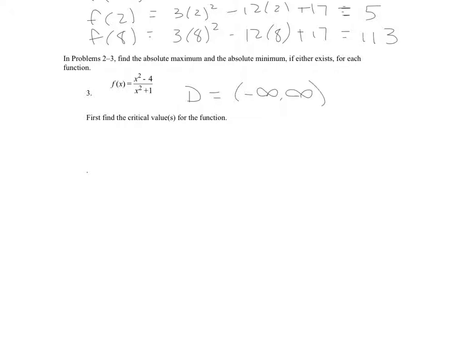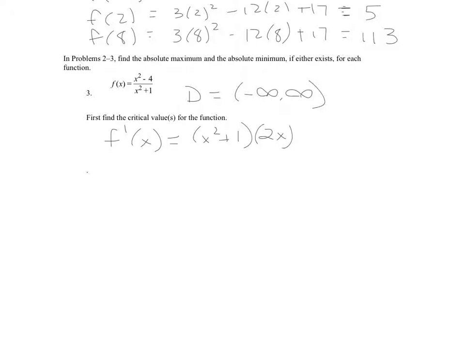Now, to find the critical values, I would need to do what? Well, if I were graphing it, I could go in and find intercepts off of this original function. But if I'm looking for critical values, am I working with the original function? I got to find the derivative. So let's find f prime of x. I think let's just leave it using the quotient rule and see what we get. So tell me what we would write down first. The bottom, which is x squared plus 1 times the derivative of the top, which is